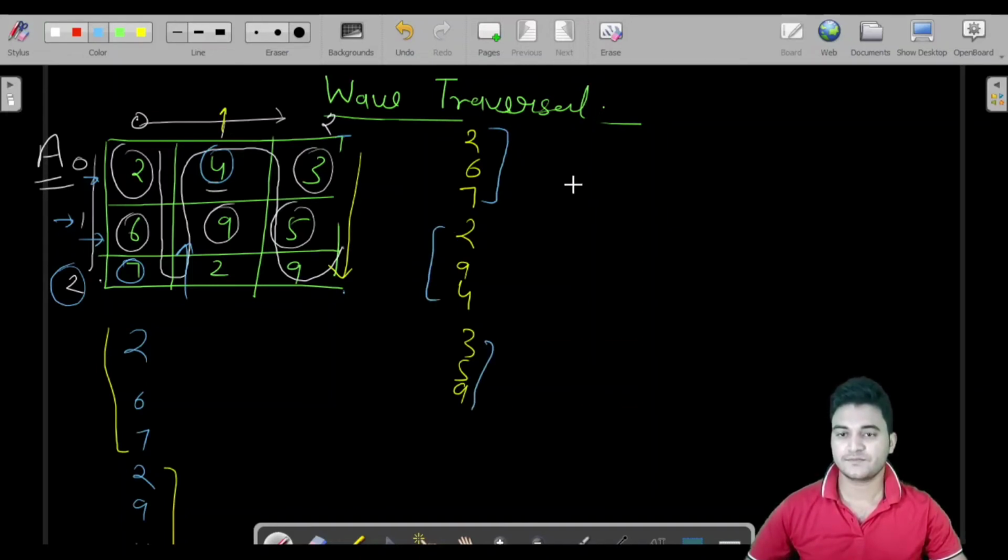So here we have column 0. Here we have column 1 and here we have column 2. So if you look at here, when we have even number of columns, then we are printing our output in correct manner. 267, 267, 359, 359.